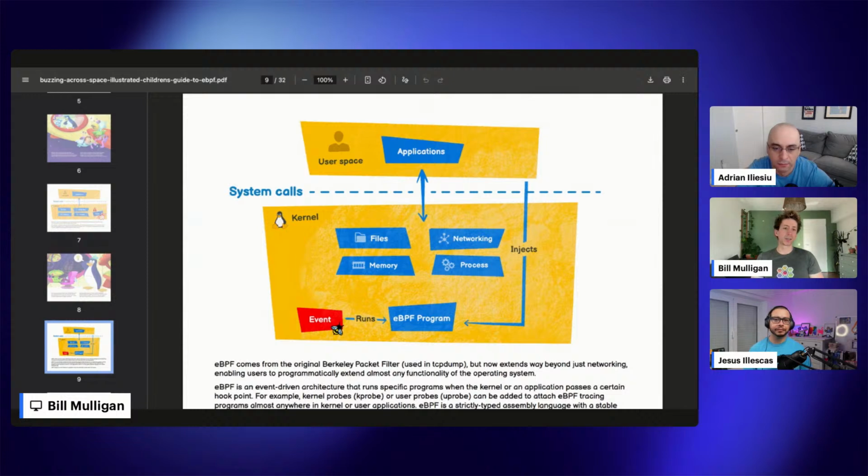So, for example, as your application is making a system call into the kernel, as a certain system call is happening, an eBPF program can run on that specific event and take an action. So it's modifying what's actually happening in the kernel. And this brings programmability and flexibility back into the kernel. This is really important because the Linux kernel is a 30-year-old technology. It's deployed on literally billions of devices worldwide. It's not something that moves very fast.